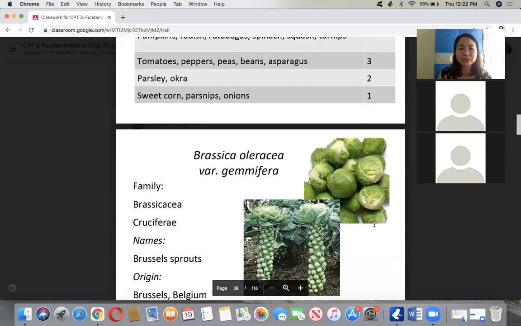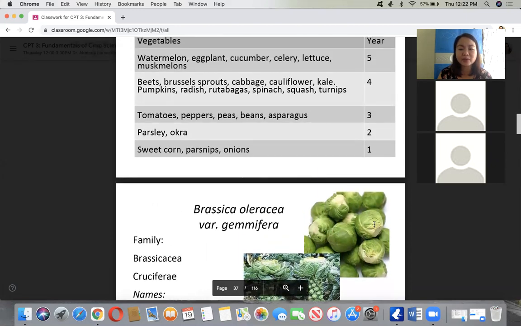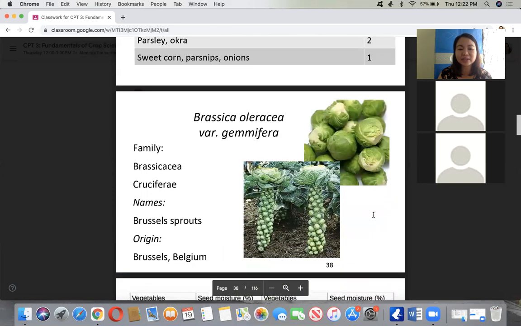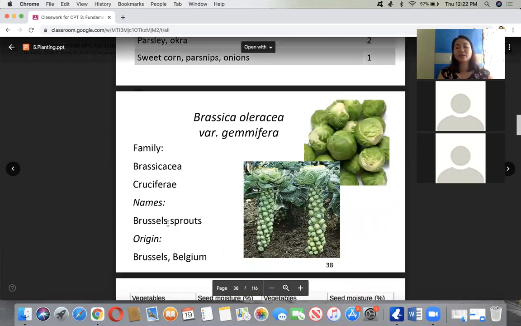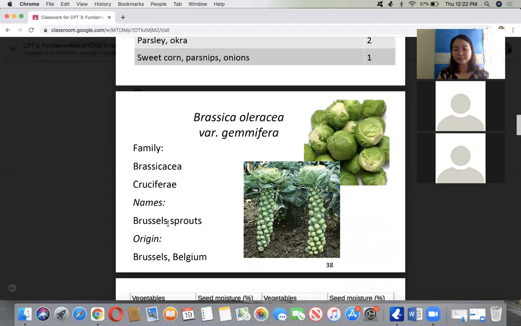So this is just to show you what the Brassica oleracea looks like. Have you seen this before? It's called Brussels sprouts. This comes from Belgium, of course, and it's available in the Philippines through supermarkets. But it's not advisable during this time because